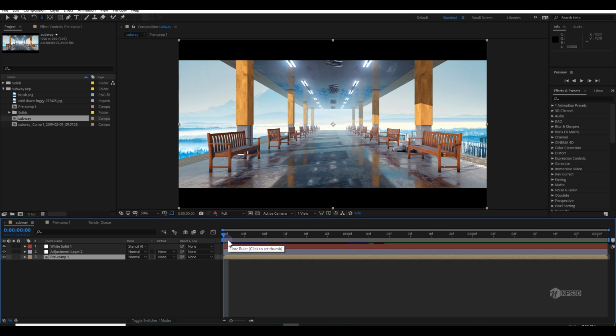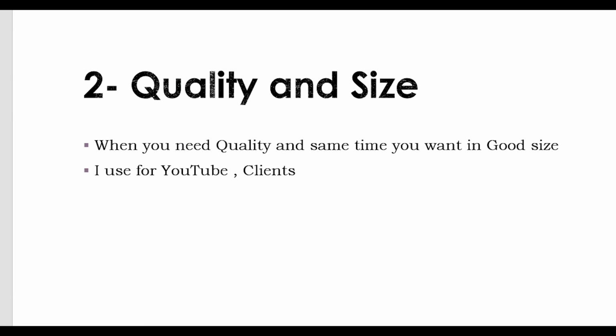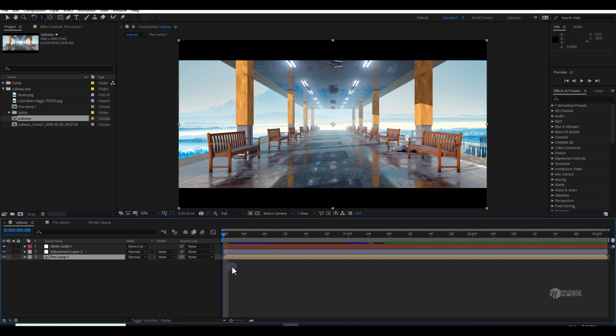Let me go to the next category, which is quality and size. So when you need quality and at the same time you don't want too big a size, what I do, let me show you that.